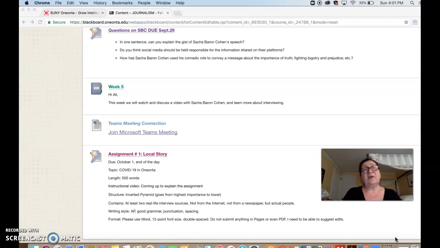So I heard from a number of students who said that they only have Pages on their computers, and Word is unavailable to them. So what do we do if we don't have Word? We ask IT. We ask IT to give us the software for a lower price or for free, because you're college students, you are entitled. But I don't think it should be such a problem. You know, you're in college now and there must be a way of getting Word.